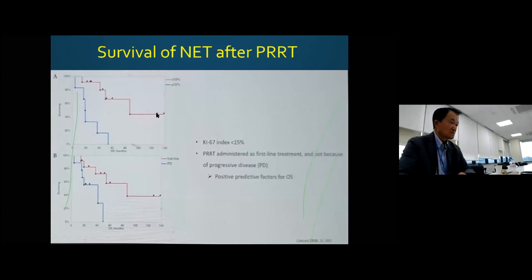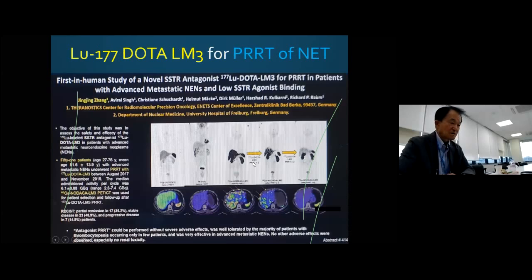The survival is much different and helpful, and there's a lot of publicity and publications showing this. Then, instead of beta rays, actinium, which is an alpha emitter, seems to hit the tumor better when it's small. If the tumor becomes a big mass, you are hitting only the surface, and that's not going to be successful. But for tiny multicenter disease, this kind of internal radiation therapy, particularly using alpha rays, makes sense.